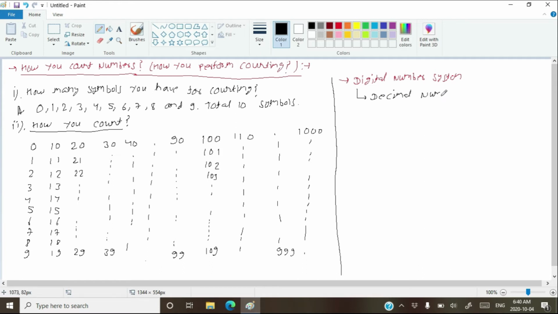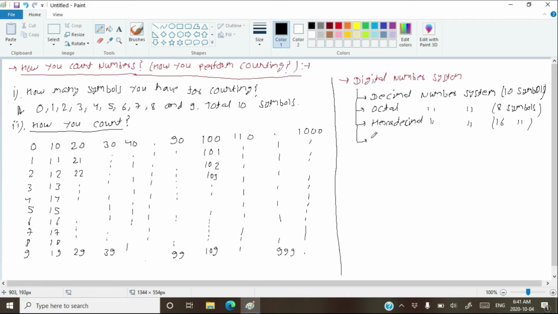Decimal number system. The decimal number system has only 10 symbols to represent digits. After that you have the octal number system. In the octal number system, you have 8 symbols to represent digits. After that you have the hexadecimal number system, and you have 16 symbols to represent digits in the hexadecimal number system,